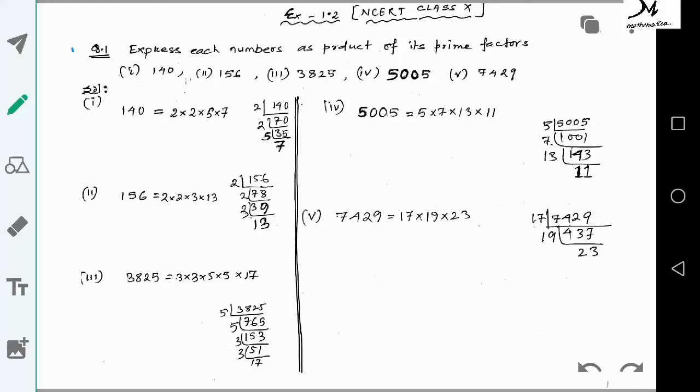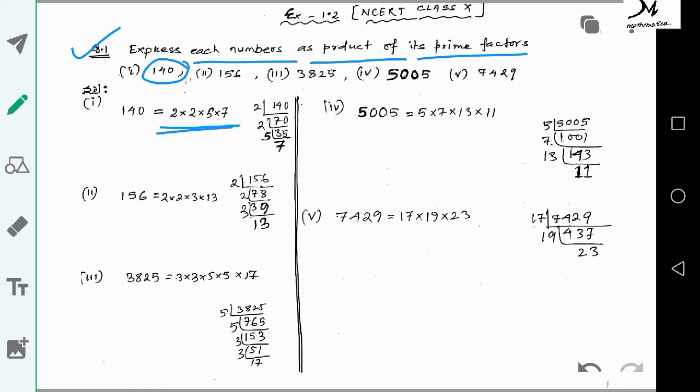In this video, we are going to solve the problems of exercise 1.2 of NCERT textbook class 10 mathematics. Okay, so the first question of this exercise is: express each number as a product of its prime factors. Prime factors means we have to factorize those numbers, and each and every factor should be a prime